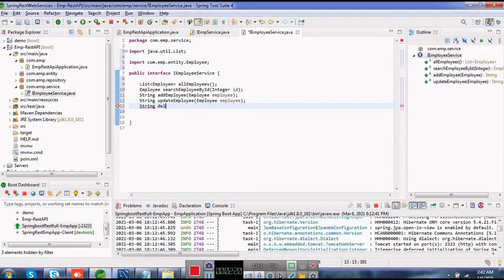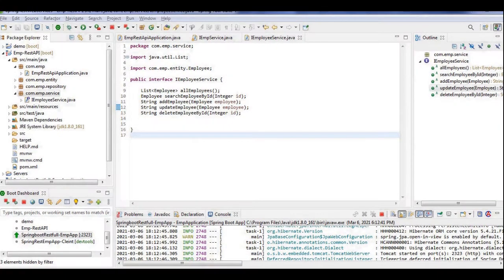So delete employee by ID. Again I have to pass the ID, which is of type integer. So I am done with all the declarations. Okay, this interface is ready.